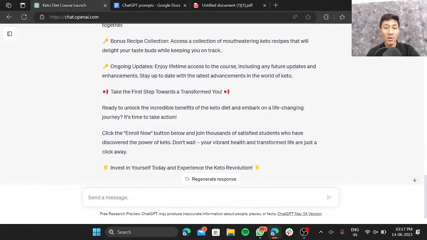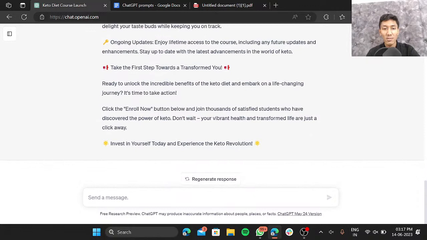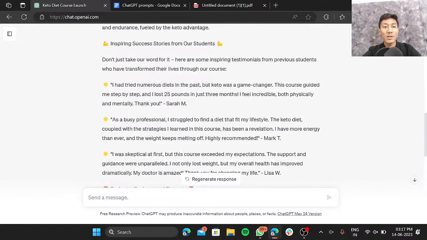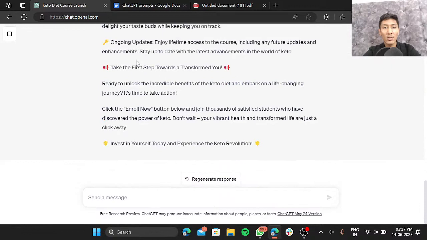And what you can do later on is go through it once, make changes as per your requirement, and then you're good to go, right? If you want, you can also make further changes. Sometimes the response that you're looking for is not good enough, right? So for example, here a lot of emojis are used, right? But I know that my target market is a little bit mature and I don't want the copy to have any emojis, right? So you can just write, please don't